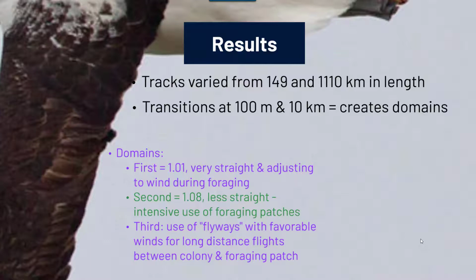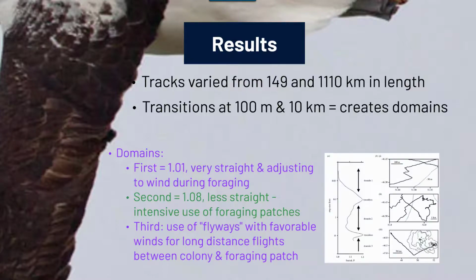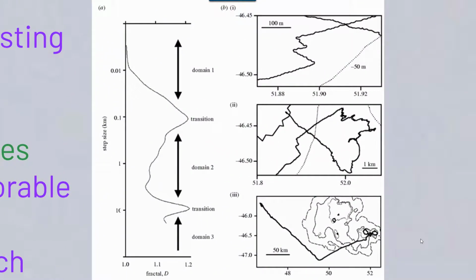In the second domain, there was a less straight path that each of the birds took, which suggested intensive use of the foraging patches. And then the third domain made use of flyways with favorable winds for traveling longer distances between the colony and different foraging patches. So if we take a look at this figure from a single bird, we have that information